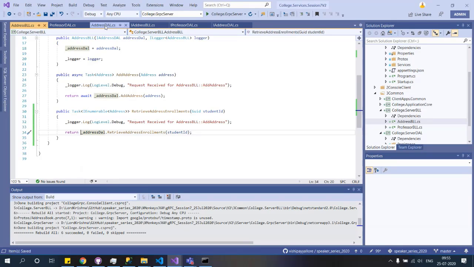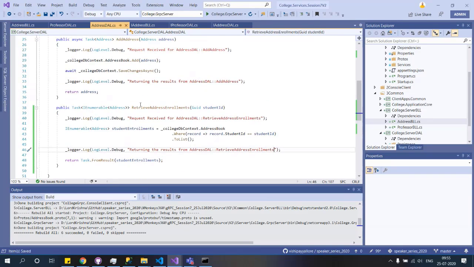Where did I miss it? Creating is async. I'm sorry, I missed this creating an async, and I should do await.